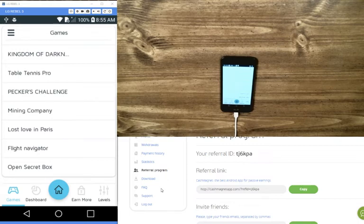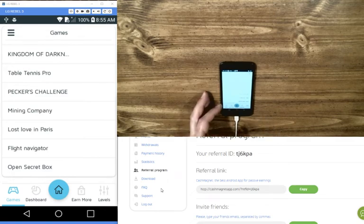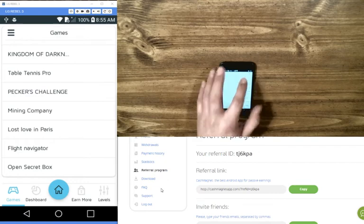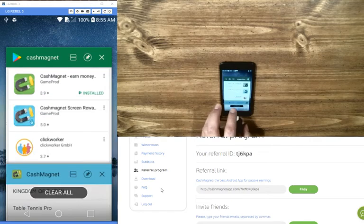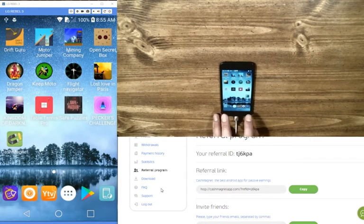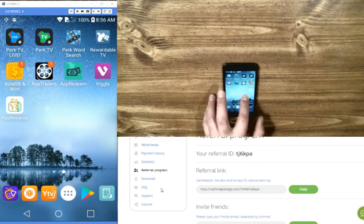The other thing I want to tell you guys is, don't be putting this on your lower grade phones. Put this on a higher grade phone. This is an LG Rebel 3. I've also done a review on this phone as well. It has a higher processing speed. It has more data for downloading games. You're gonna want that. This phone itself has 16 gigs, and as you can see, I've got a bunch of other applications downloaded,